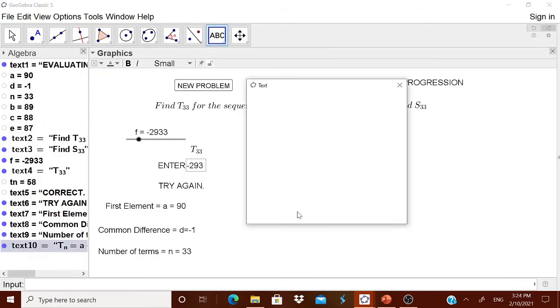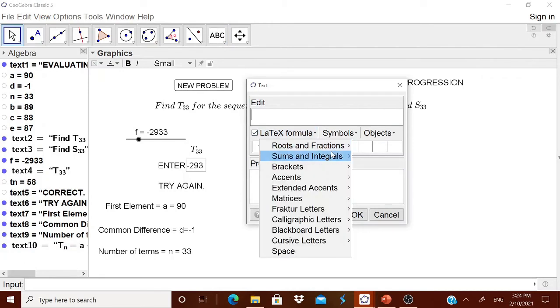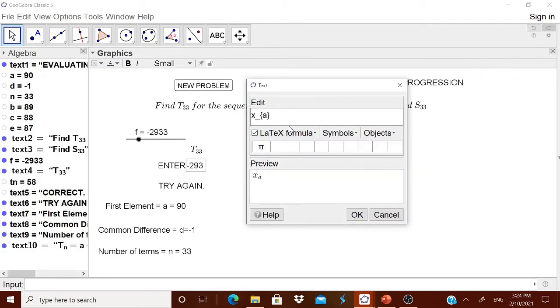In this problem, we have this latex formula. For the problem which we are discussing now, Tn, therefore T, then here you can have n is equal to a plus n minus 1 into d. What is a?